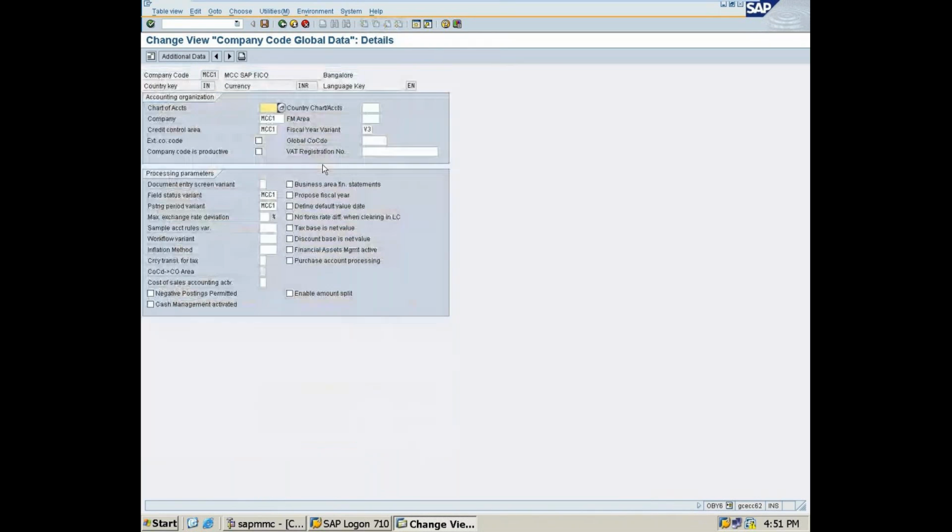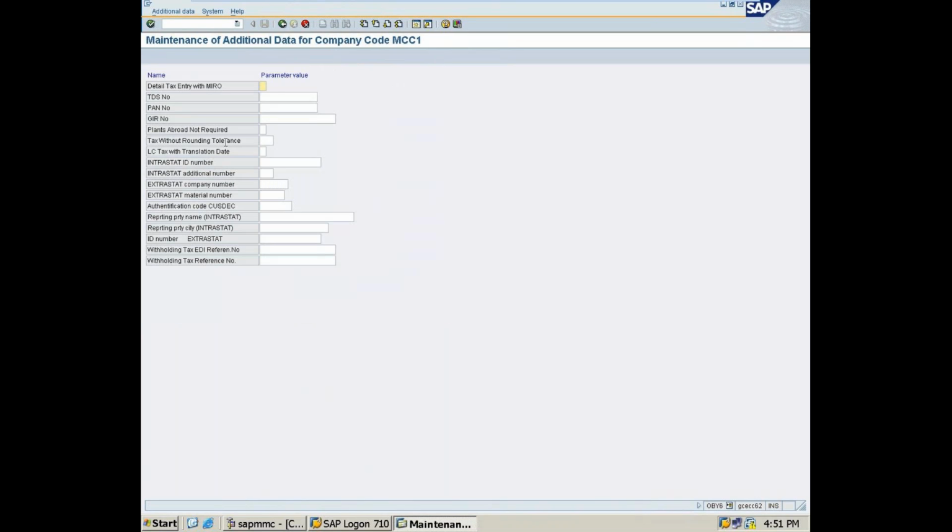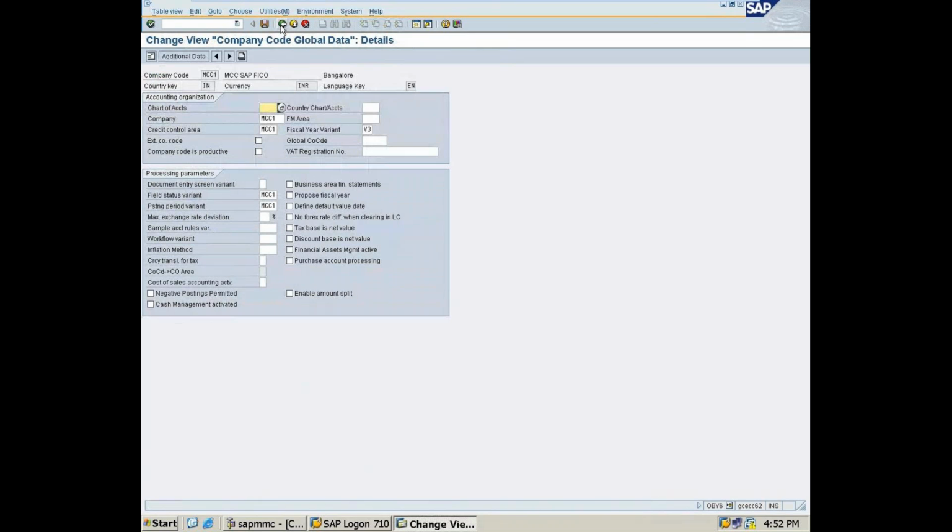So you will see what has been added: company code, credit control area, fiscal year variant, field status variant, posting period. These are all allowed. If you go for additional data here, you can give the tax details of your company. Understood? So this is global parameter.